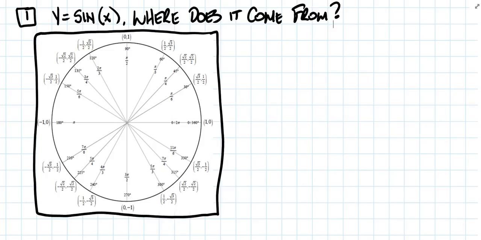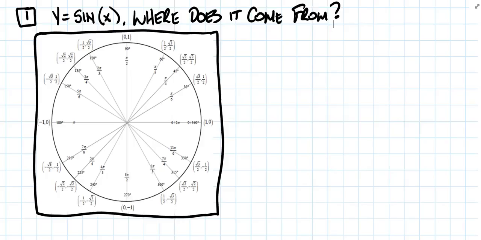It is entitled y equals sine x. Where does it come from? So what we're going to do is we're going to start with the completed unit circle as you see here on the left-hand side. Now I know we haven't specifically yet talked about how to fill this out. We will, but for now I just want us to focus on the completed unit circle,